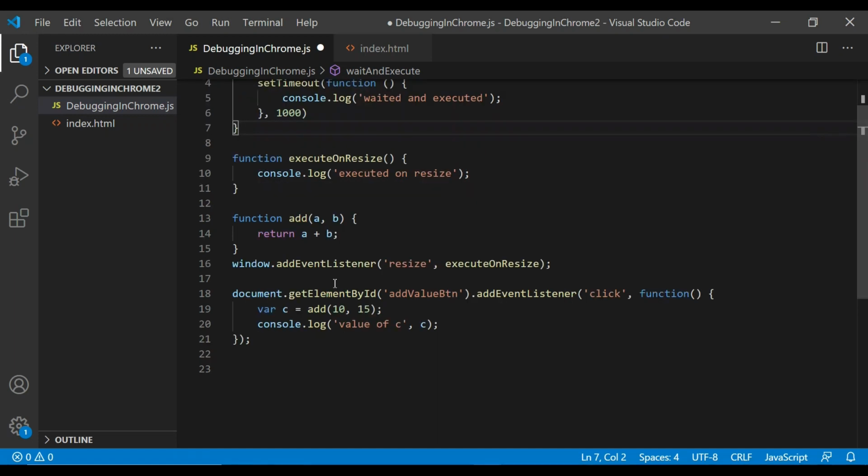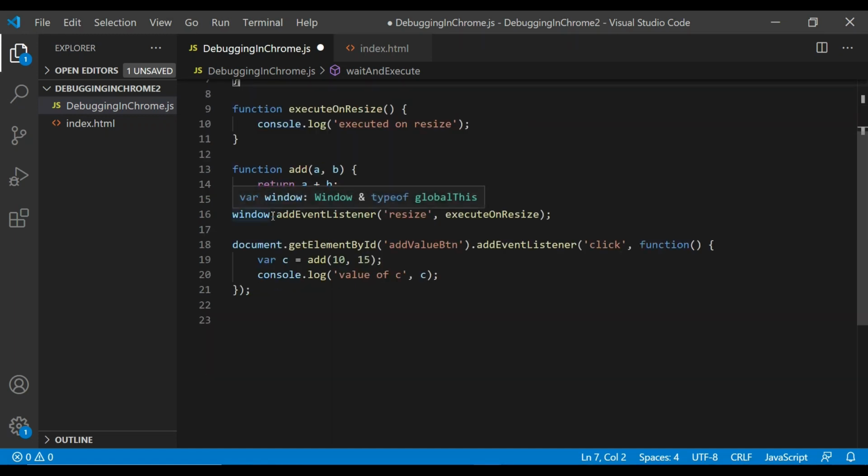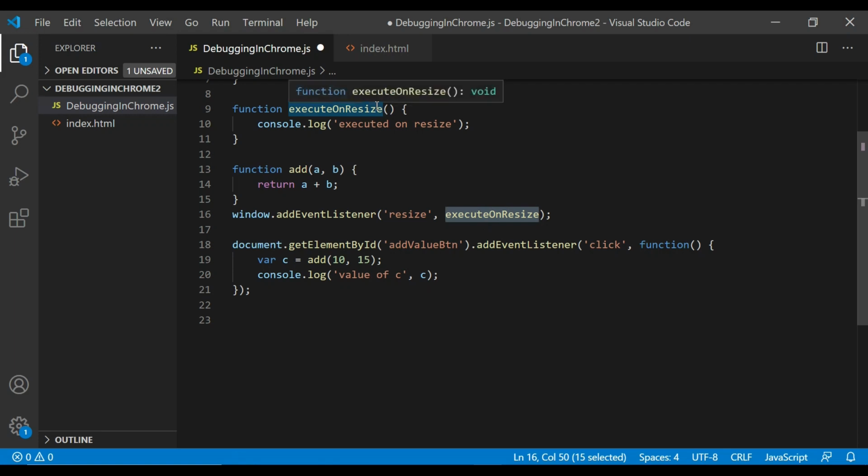Likewise, if you also see the events, here I write this window.addEventListener and we added one resize event here. So on resize event it's calling this method executeOnResize, but this method will not be called unless your resize will happen.